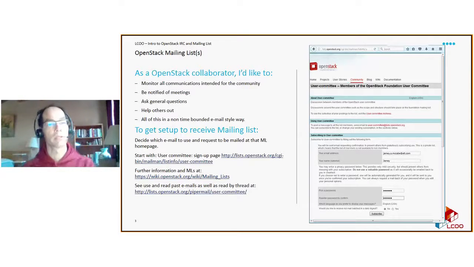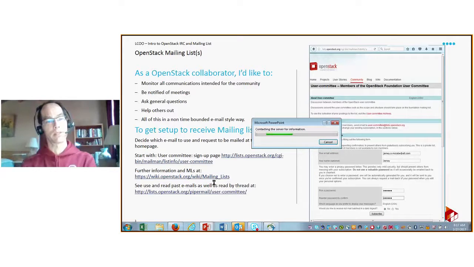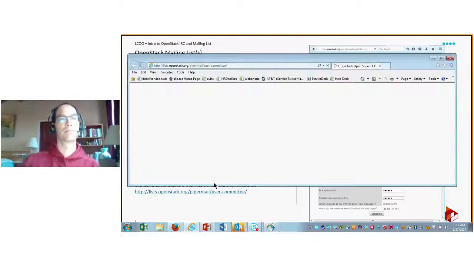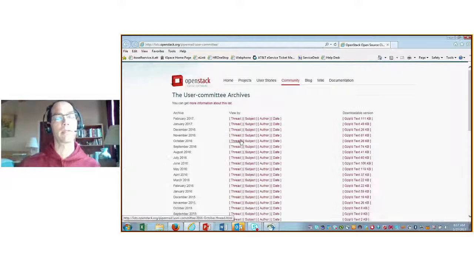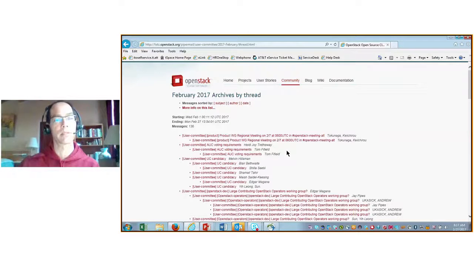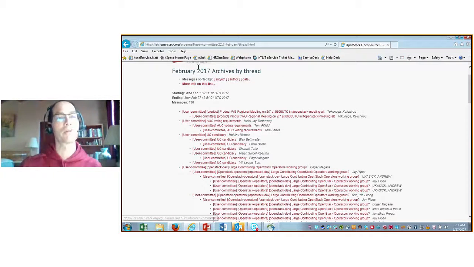But there are other mailing lists, so for further information on other mailing lists, you can see it in general if you go to the OpenStack Wiki mailing list, and the URL is here. And then finally, and maybe this is more of the demo, once you're a member of a mailing list, you obviously missed all the mails that were sent in the past, and you can instead go to this URL, and this is one of the great things about mailing lists, and then look back through all the mail that's been sent. It's bounded automatically by month because there's so many things,